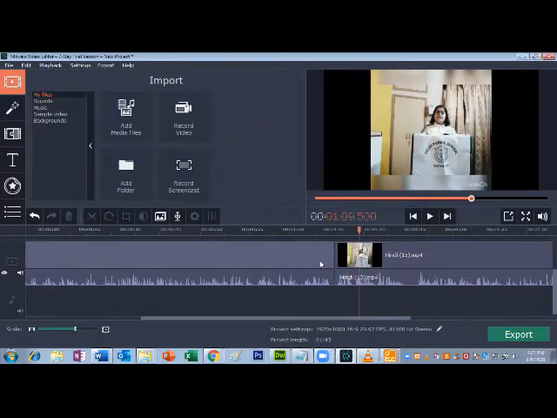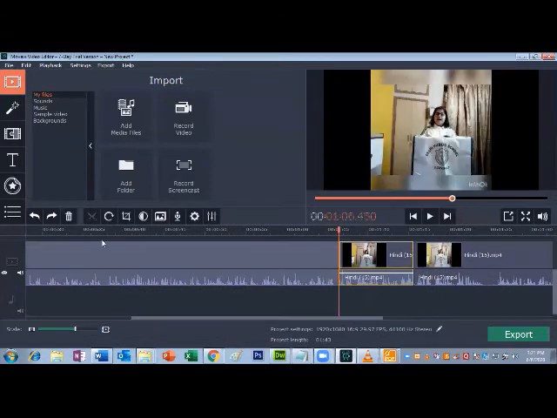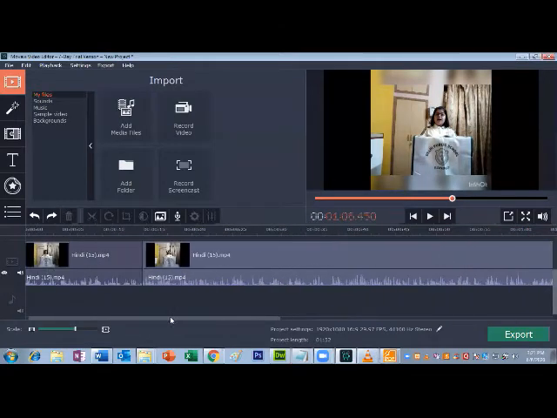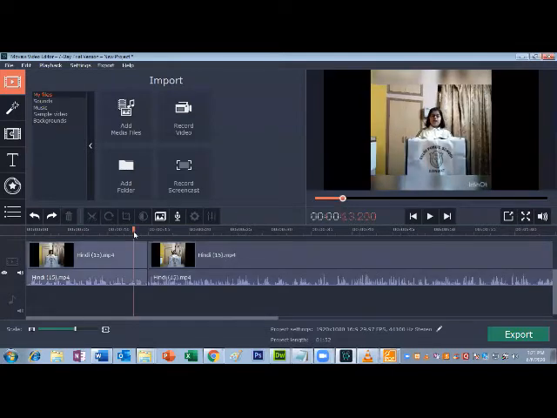And if you think that is done by mistake, you just press Ctrl Z, or the undo command is here. You can undo it, Ctrl Z is here, so you can revert it back. If you think that is done by mistake, no problem. So this is one thing, how to remove the unwanted part from the video. That is 100% possible.